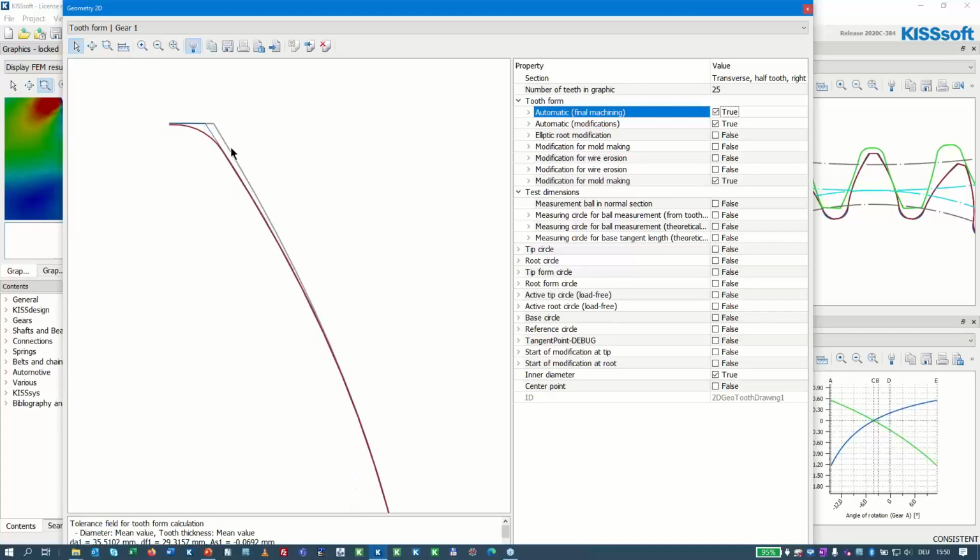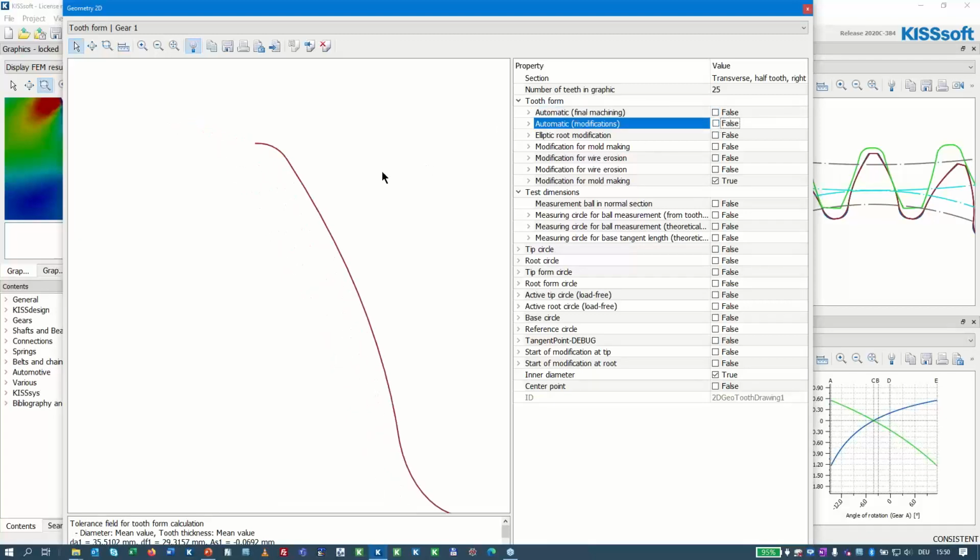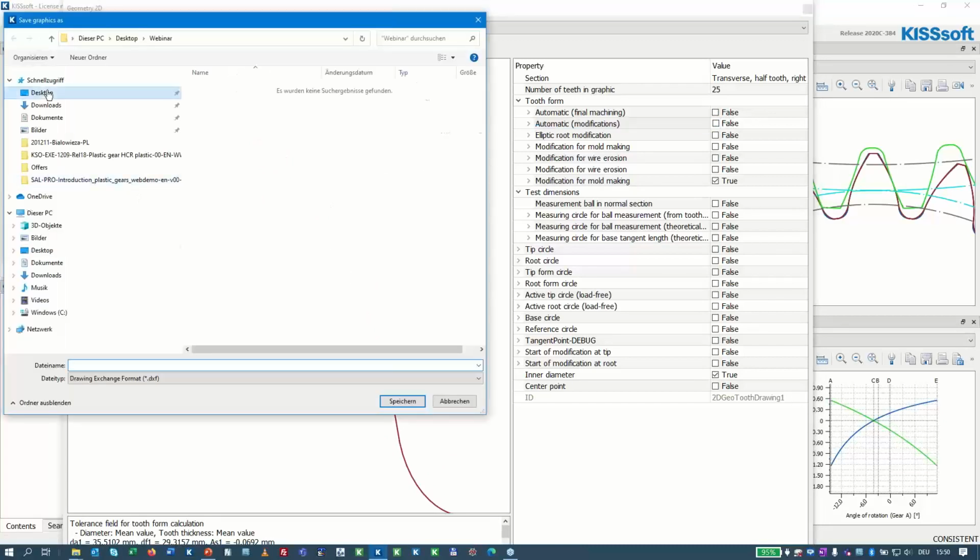This gray line is the original involute shape. Then some material is removed. That's the tip relief. And finally, there's a rounding applied. But what we want to use is only this final shape. This we can now export as a 2D format,